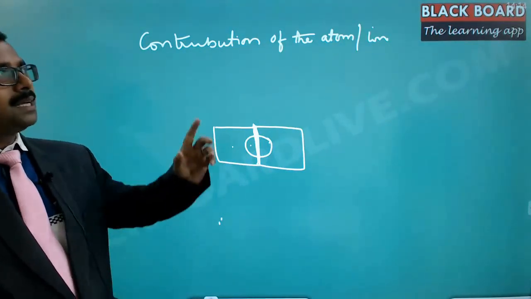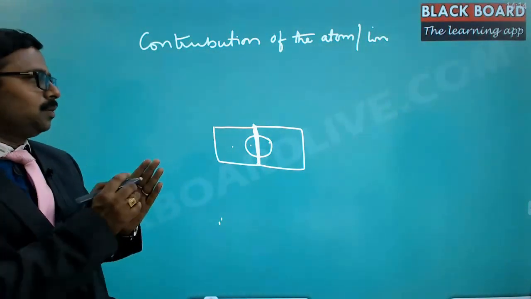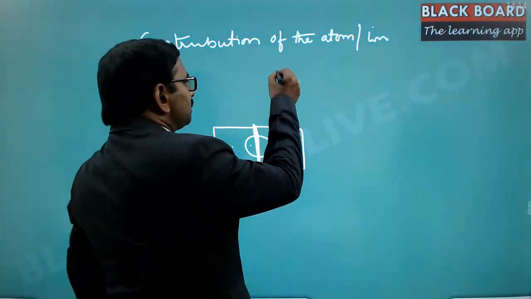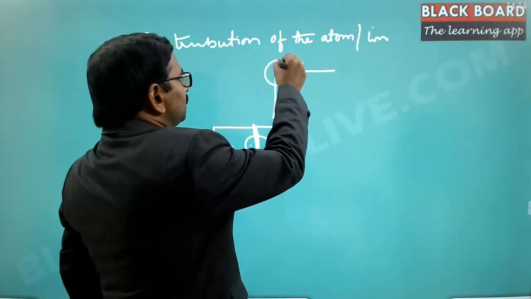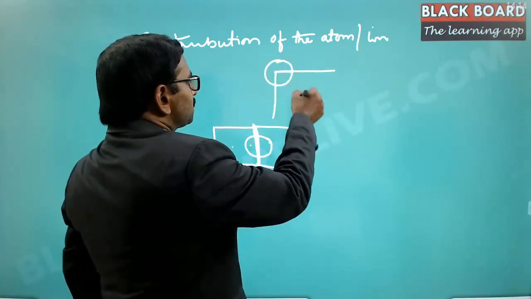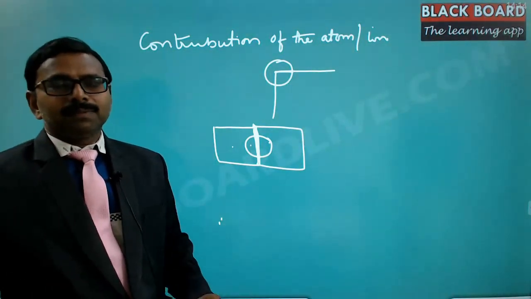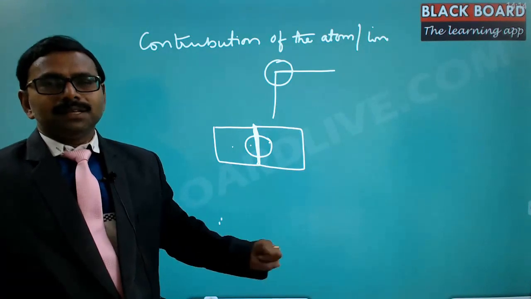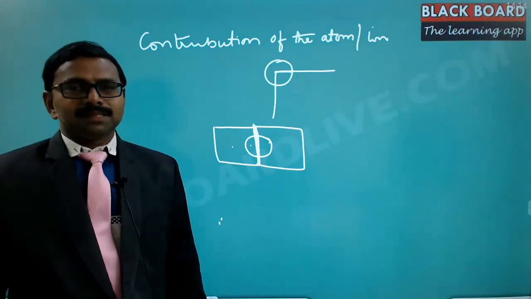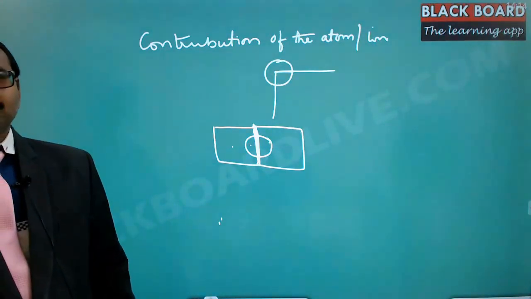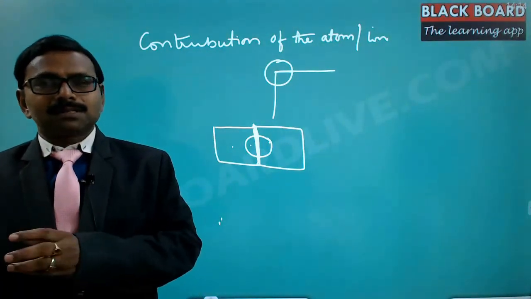If the atom is placed at an edge center, an edge can be drawn by 2 axes, one x-axis and one y-axis. The atom is located at the edge center. Then how much portion will appear in this unit cell? Only 25%. 25% appears in the present unit cell. So the contribution is 25%, nothing but 1/4.